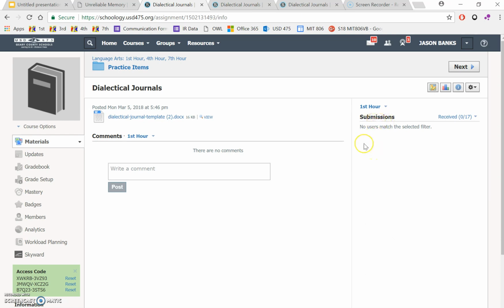There'll be another button for you to push that is where you upload it. Then you just go to that language arts folder, select the file you want to upload, hit open, and you are done. So this is just a quick little tutorial on how to get to our dialectical journals from Schoology,